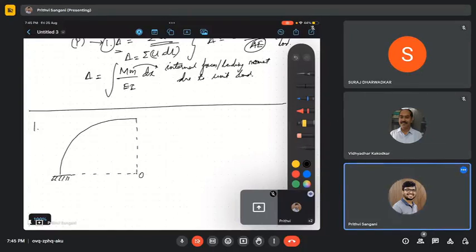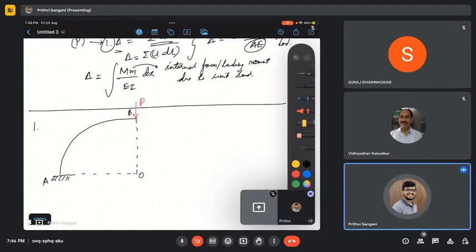This is given. This is A. Let us say this is B, and I'm applying a load of P vertical. This is load P acting vertically downwards,